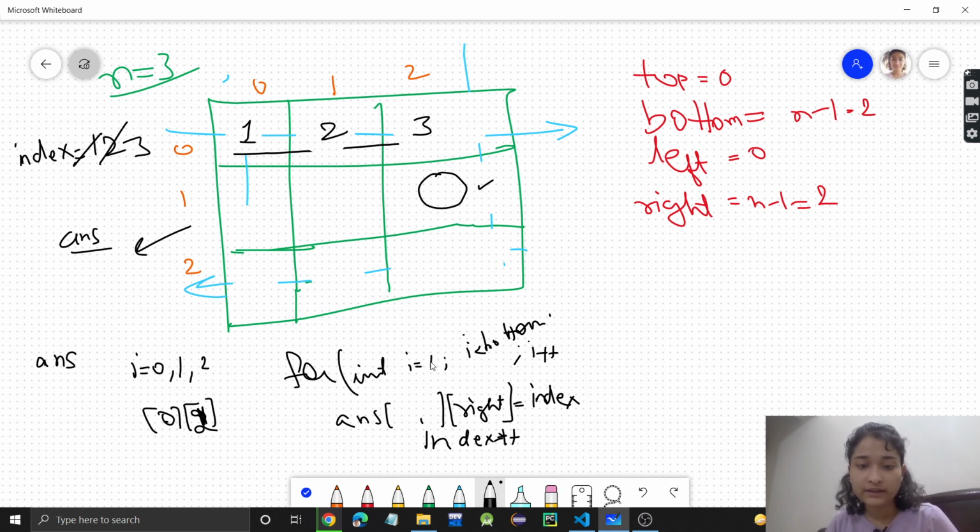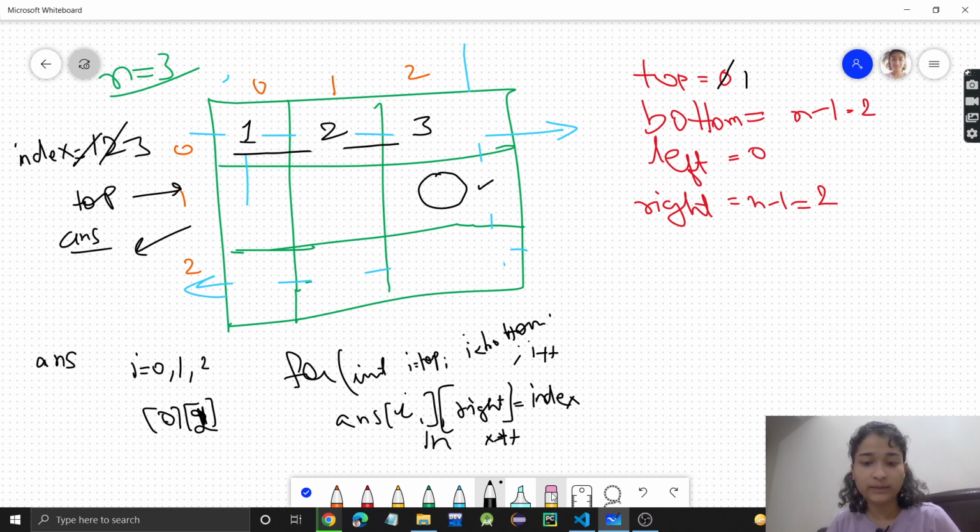So for that, since this row is already filled, this row, which was your top row, the top is already filled and obviously no other elements can come here. So I will increment this top and it will come to 1. That is, now the top row will be this one. So I will start from top, it will go till bottom and we will be placing all the elements here. So the answer here will be i.